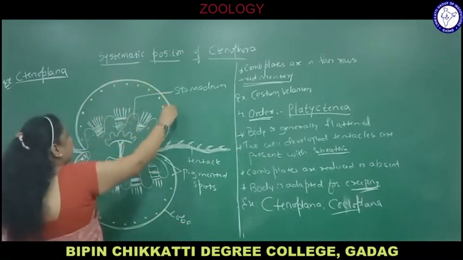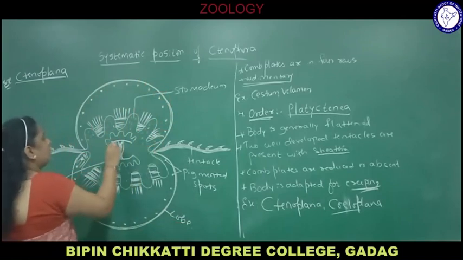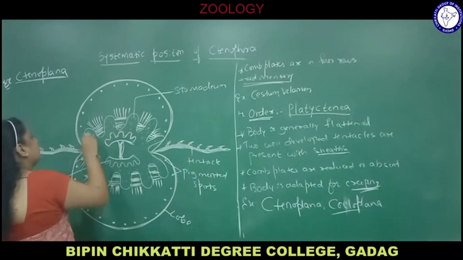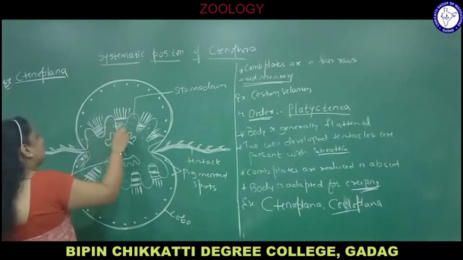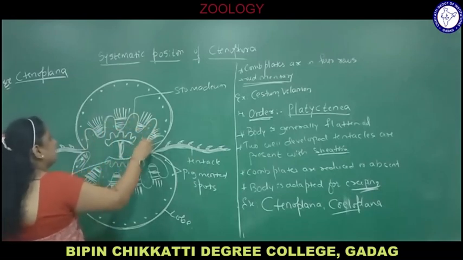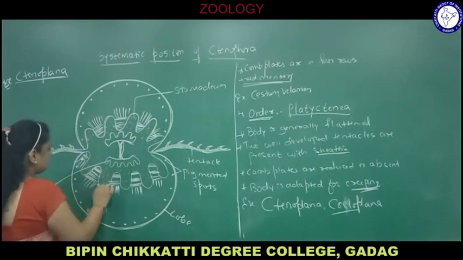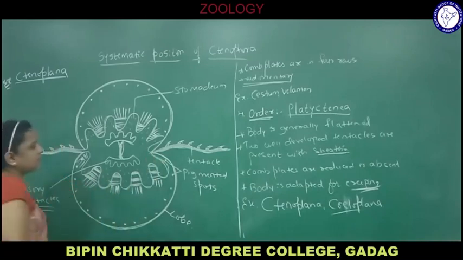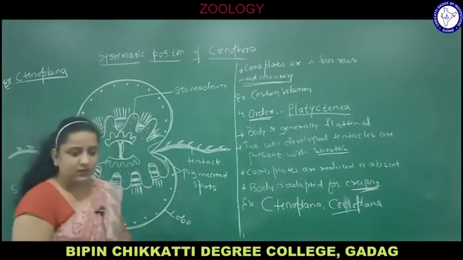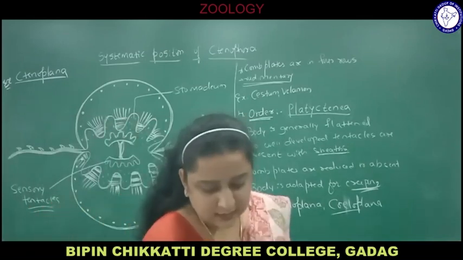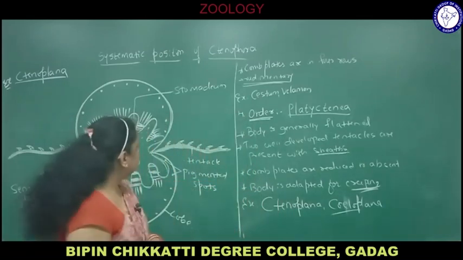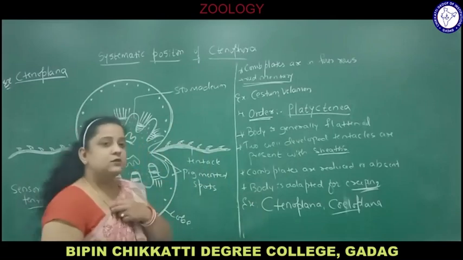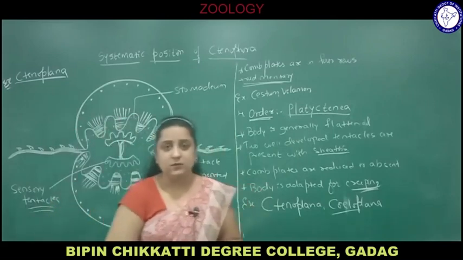The lobe is covered by a sheath. So this is the diagram of an animal called Ctenoplana belonging to Platyctenia. These are sensory tentacles. Pigmented spots are present in these animals, and usually these animals are creeping type. Tentacles are usually reduced here, and there are pigmented spots in different parts of the body. So this is the diagram of Ctenoplana. Stomodeum: stoma means mouth. They help in capturing of food and even protection from the prey.